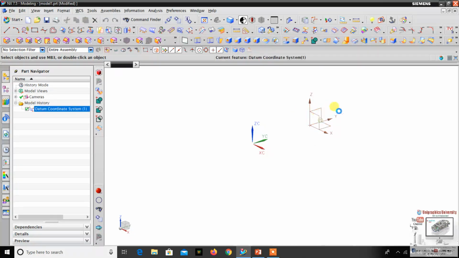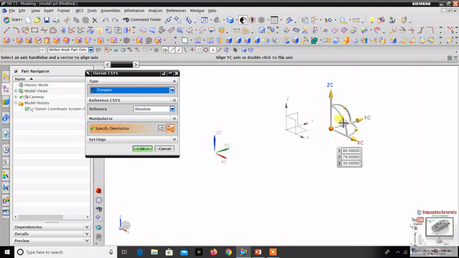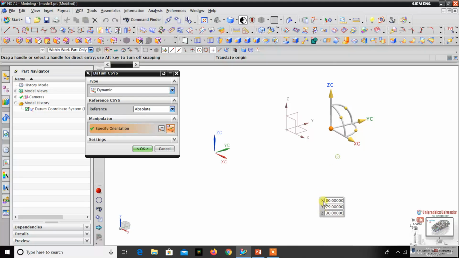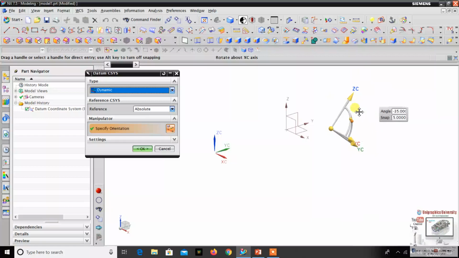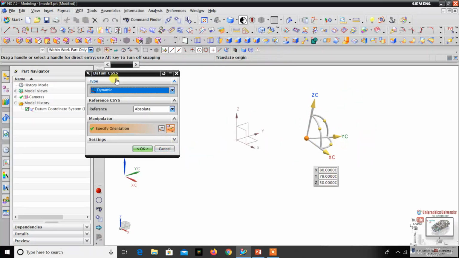If you want to edit, you just double click, and you can edit. You can move. If you want to rotate, you can also rotate as per angle. If you want 5 degree, 10 degree, how much degree you want, you can rotate. This is XY plane. In case you want Z direction and Y direction, this plane you can rotate. If you want to rotate x-axis and z-axis, you can rotate. So wherever you want, you can create. Okay, let's move on to the next option.